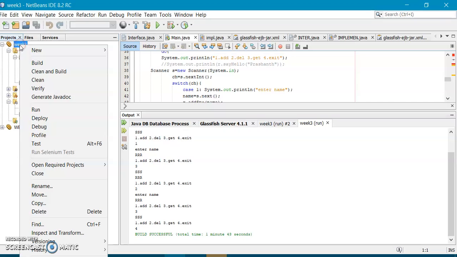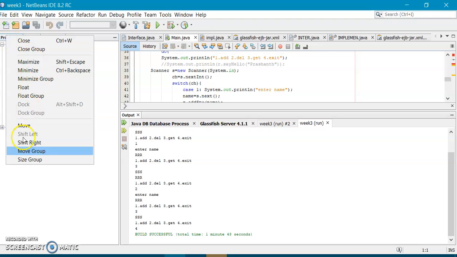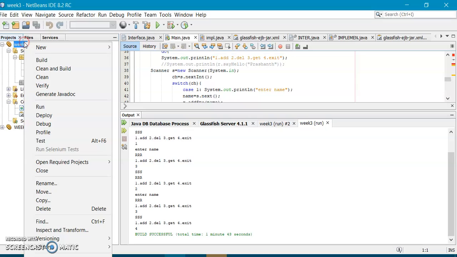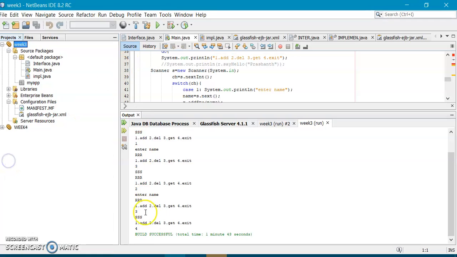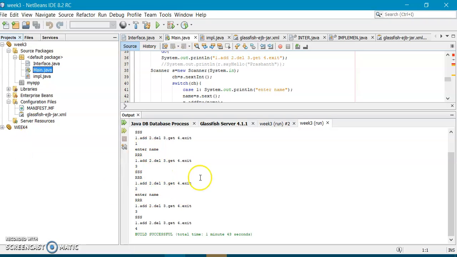It takes time for this clean and build. After clean and build, it will say build successful. After cleaning and building, next again right click on the same project and say deploy. Deploy is for deploying your bean onto the server. After deploy, again you get build successful. Next you have to run the client program. How do you run the client program? From these 3, main is the client program. You right click on the main client program and say run file. Then it will be asking for the options. This is how you create the student.